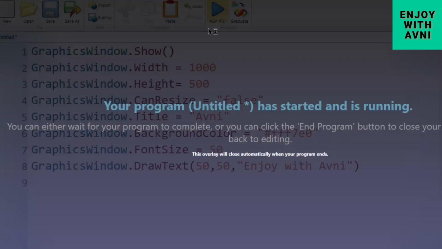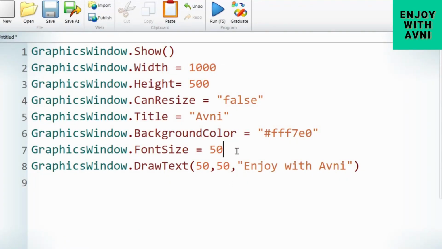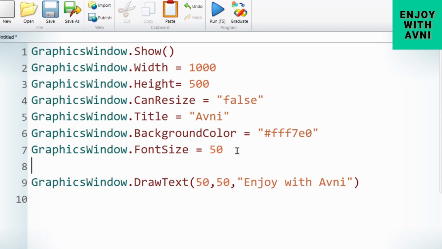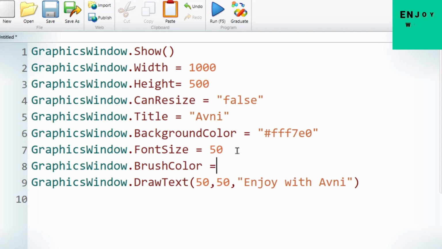Now see, the font size is greater now. Now suppose you want to change the font color, you can simply write graphicsWindow.BrushColor equals.